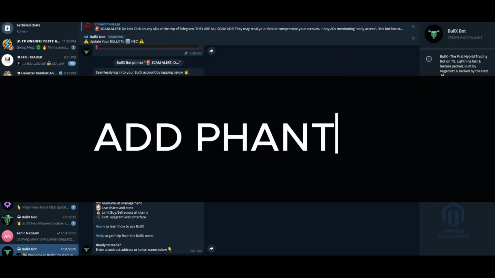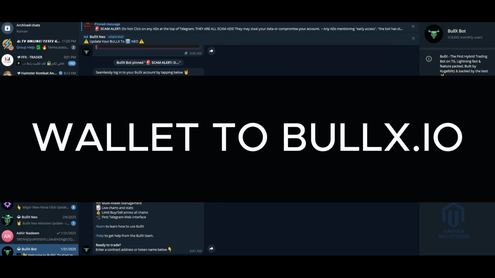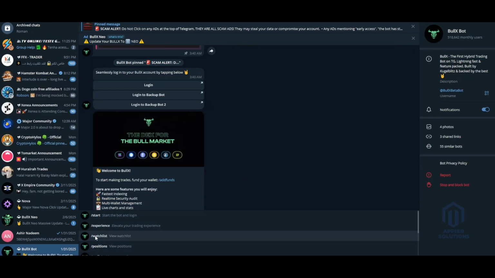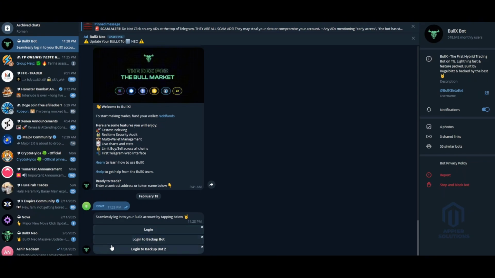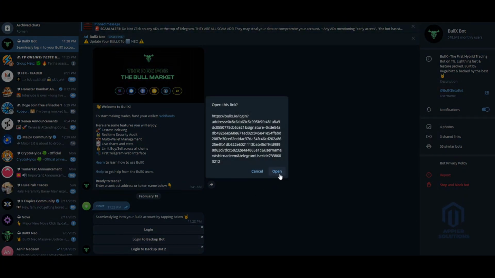In order to enter the Phantom wallet to the Bullx, first you need to log in with your Bullx account. For that, just open up your Telegram and start the bot. And once you have started the bot, just go ahead and log in to it. And once you have logged in to your Bullx account, all you have to do is to log in to